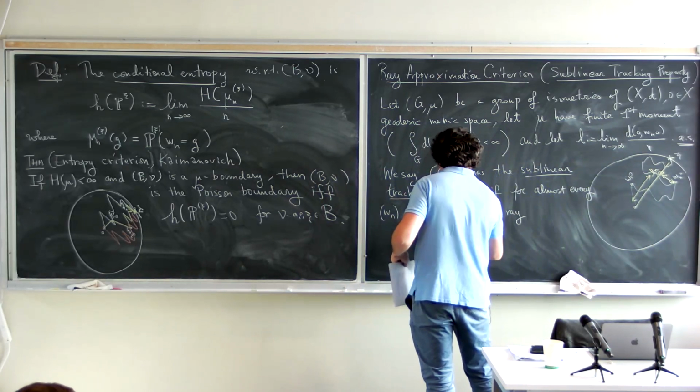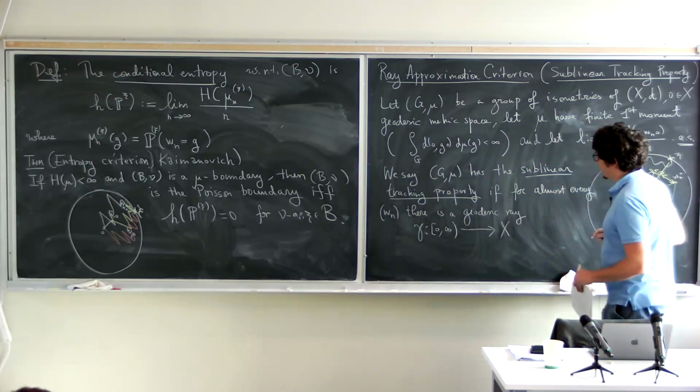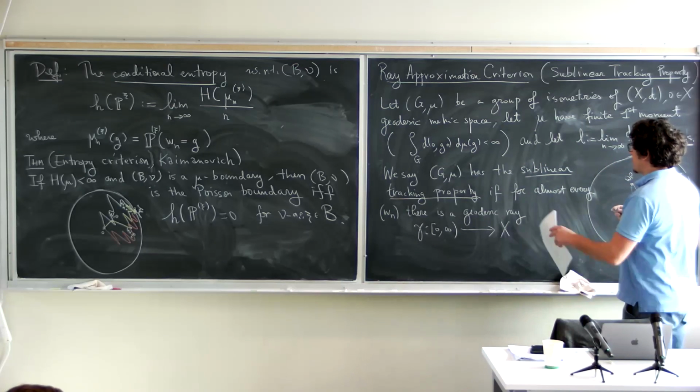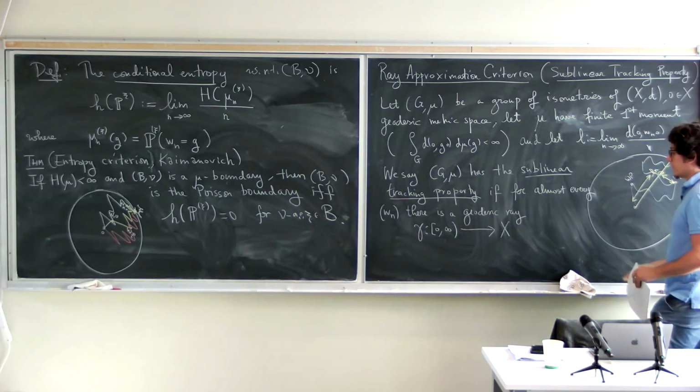So what's a geodesic ray? It's an isometric embedding of a half line into X, such that